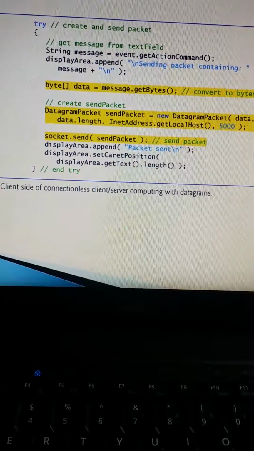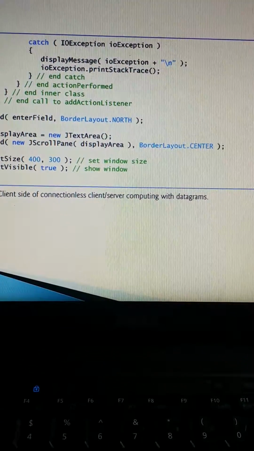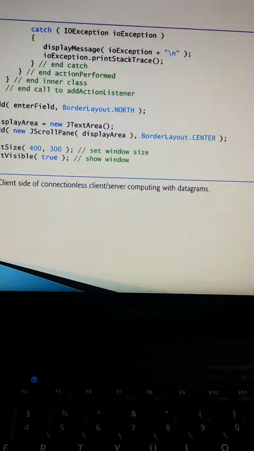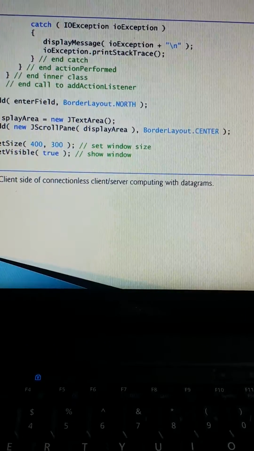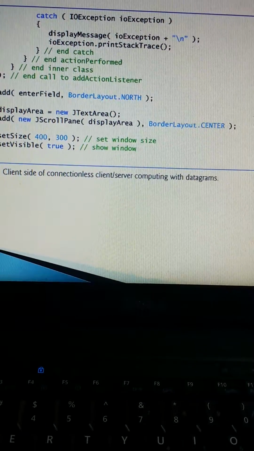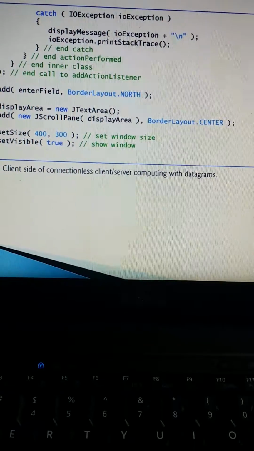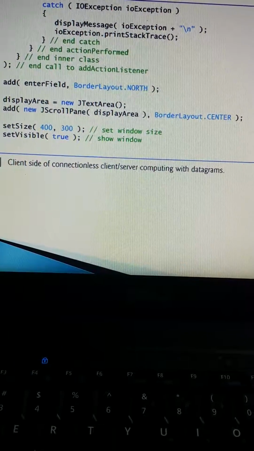Displaying area appending the message and closing the try block. The catch block is there, displaying the message, ending the catch block and the inner class, and ending the call to addActionListener. Then BorderLayout, displayArea is equal to new JTextArea, add new J